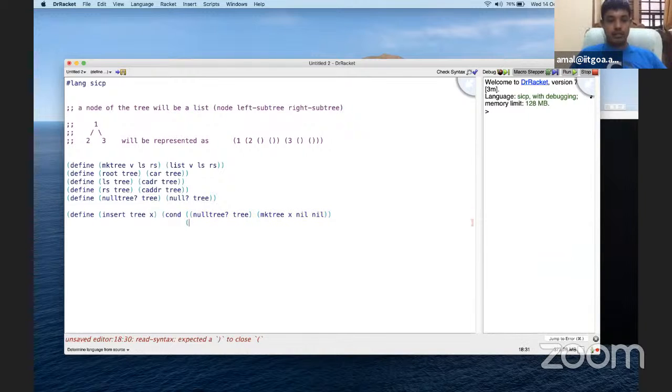Now, otherwise, what do I check? Let's do binary search tree. Okay, we are doing binary search tree. So, what is the property? If the element X is less than the root value, then I insert on the left subtree. Otherwise, I insert on the right subtree. Get it? So, if the element X is less than